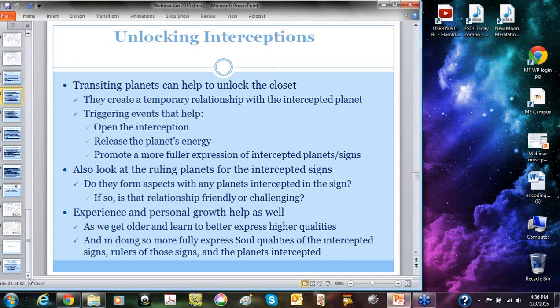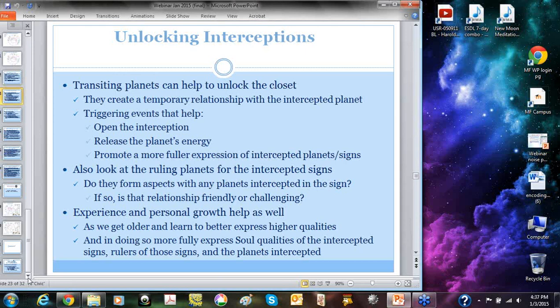Later on, for example, when Leo and its opposite Aquarius were intercepted in another house system, I was realizing that I'm expressing a lot more Leo qualities, much more creativity, much more Aquarian energy, much more service, because my children are grown up and I can allow myself to do those things. So we have to see what parts of our lives different things express. I can make a whole case here for Alan Leo as to which worked at what part of his life and which worked for another, but you get the idea.